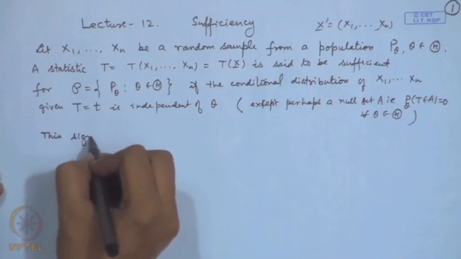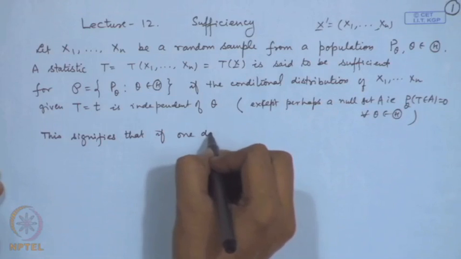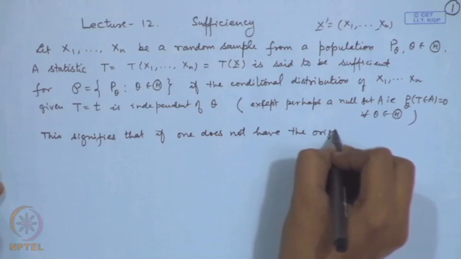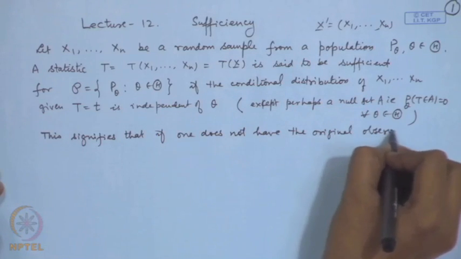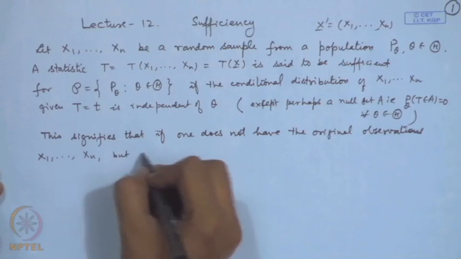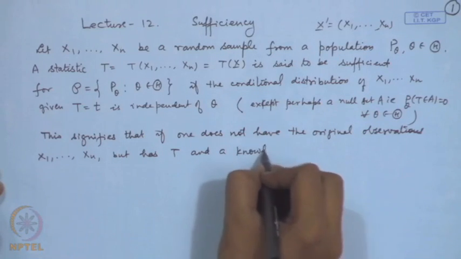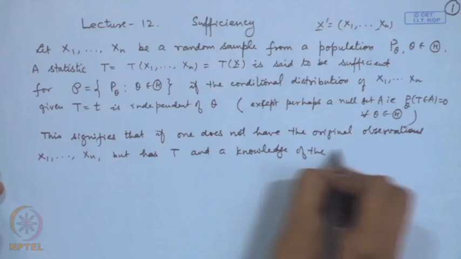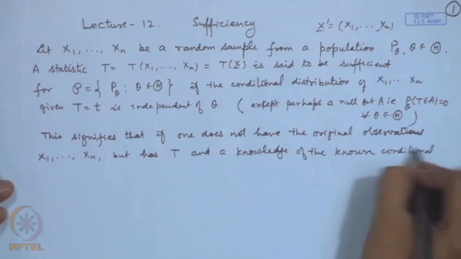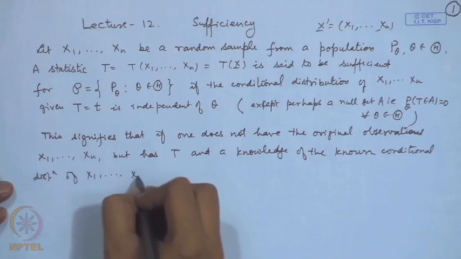This signifies that if one does not have the original observations x 1, x 2, x n, but has t and a knowledge of the known conditional distribution of x 1, x 2, x n given t,